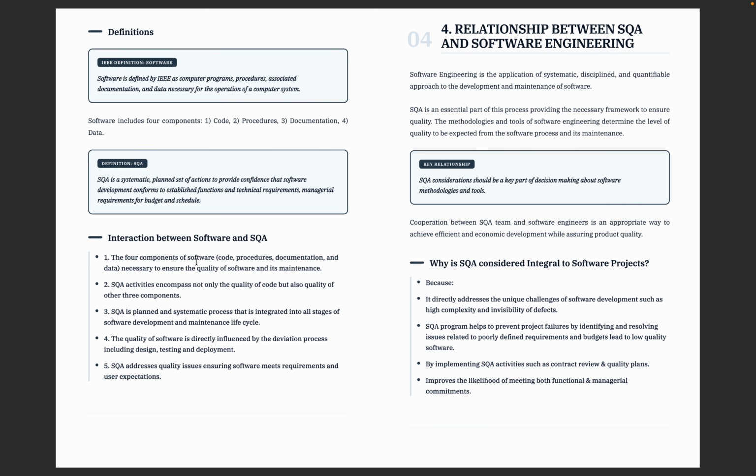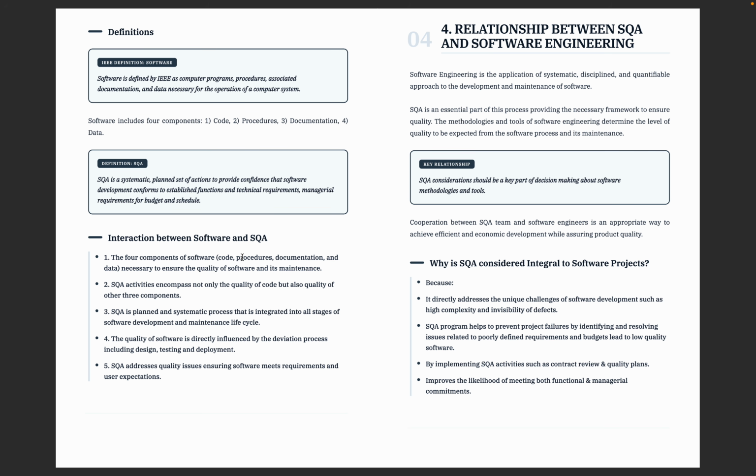What is the relationship? So think of software engineering as building the product and SQA checking the quality continuously. Let's take a real life example, then we can get into it. Okay, a chef may follow the recipe perfectly, but without tasting it, the dish may still go wrong, right? Okay, chef is preparing some food, but he's not testing it. So if he doesn't taste, the dish still may go wrong. Okay, right? That's why cooking is important, and checking the taste is even more important, right?